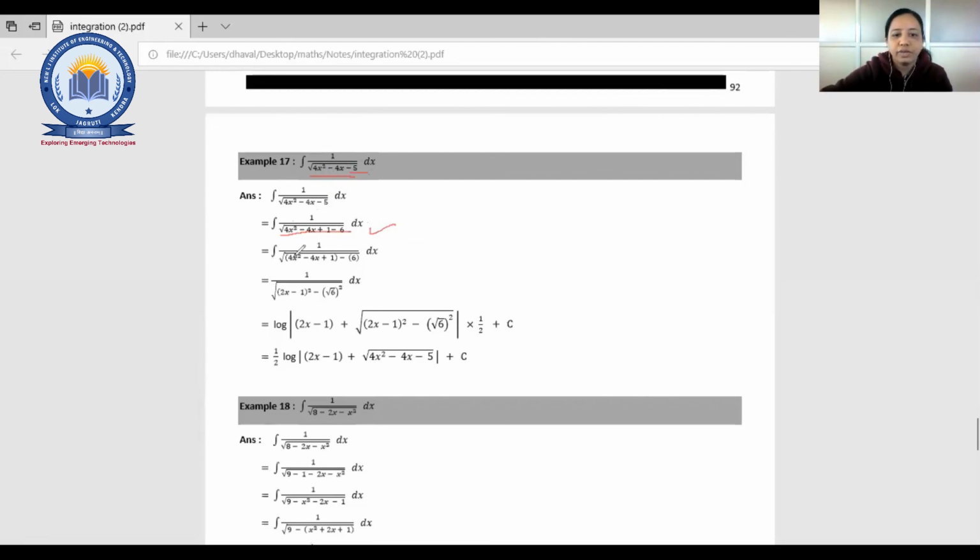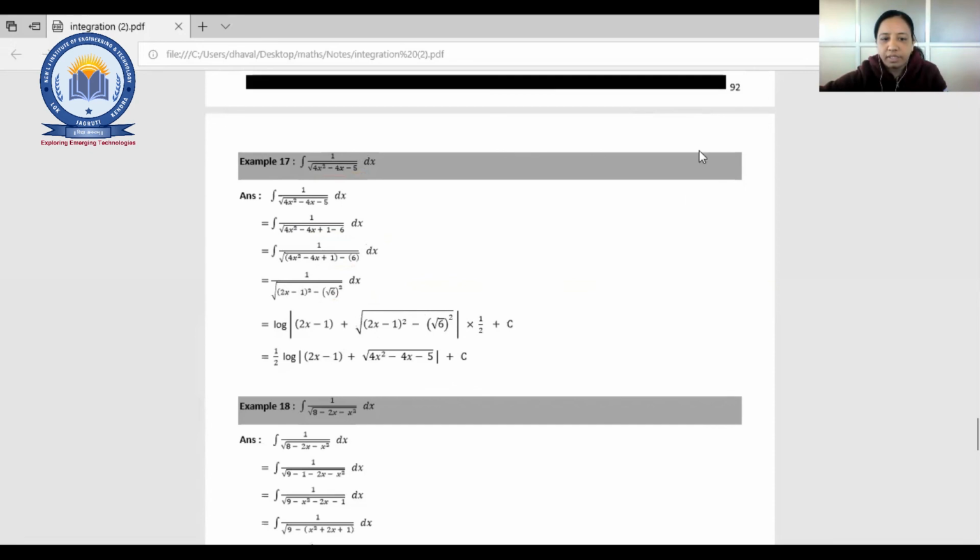Okay. So plus 1 minus 6. So you will get minus 5, and that will be in your original equation. Fine. So you can go in that way, and you will get x square minus a square kind of thing. Here only 6 is there, but we want a square, so we have done root x square. So this is simple, right? Log, then apply the formula. Now the next thing is what?